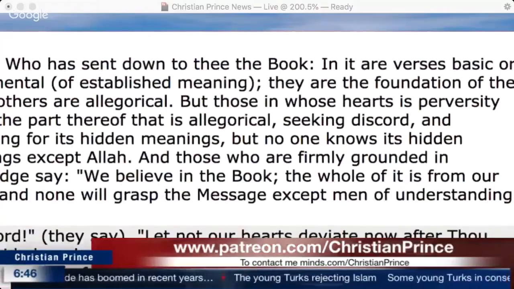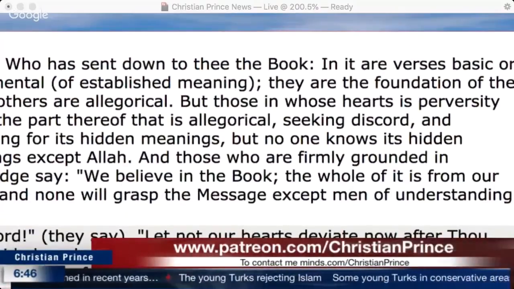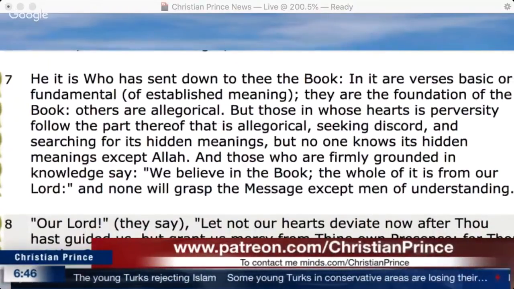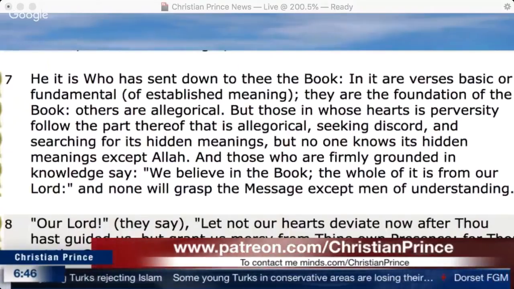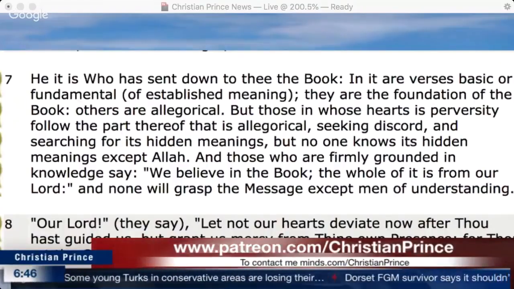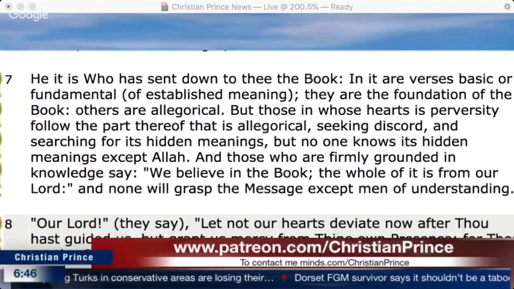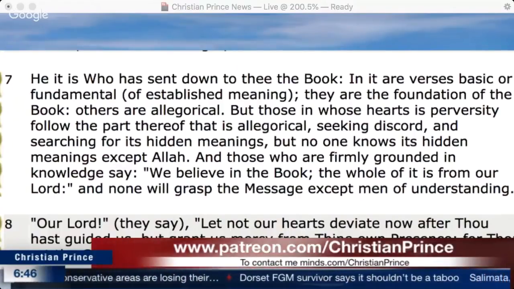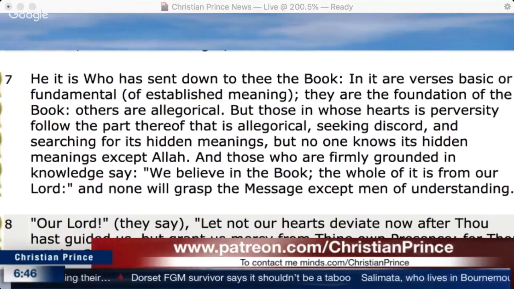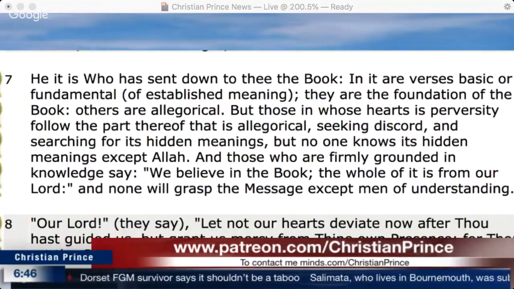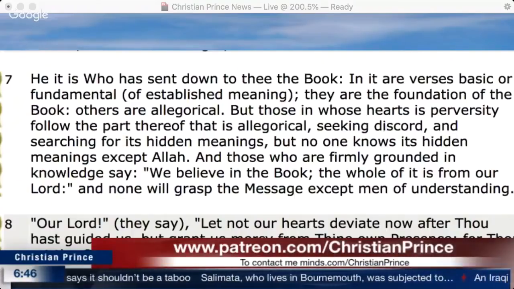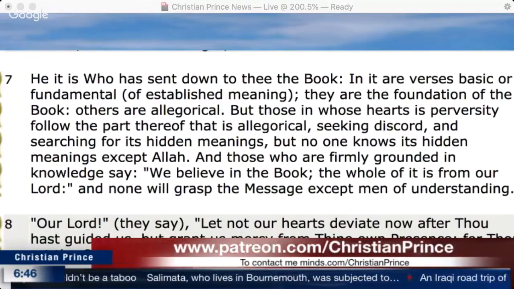Okay, so Allah supposedly knew that in his Quran there's a problem, and the problem is that the Quran is going to be used to misguide people, not because the Quran is clear, not because the Quran is perfect, but because the Quran is stupid. So people will have a chance to do stupid things with it. This is what he's saying. There are verses that are clear and verses that are not clear, and those who have sickness in their hearts will use the ones that are not clear. So why doesn't Allah make it clear? Just to mislead them and expose them.